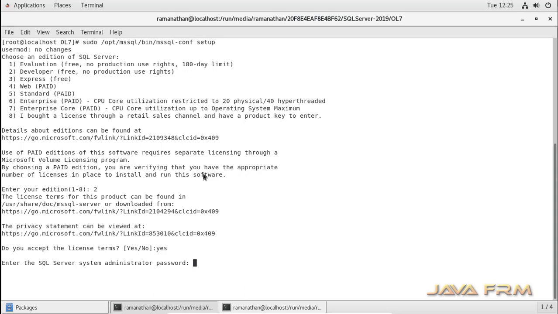Next, provide the SQL Server 2019 system administrator password. The password should be alphanumeric, with at least one letter in uppercase and at least one special character.